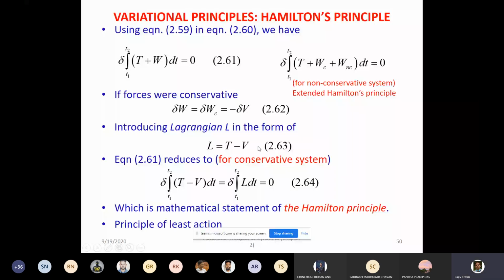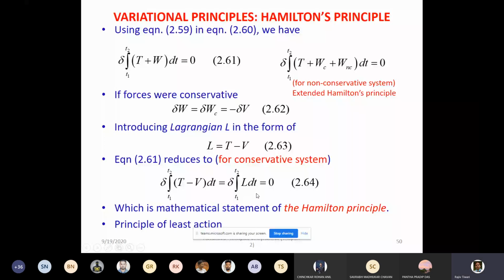Now, for a conservative system, what will happen? This equation will not contain the non-conservative work done. So we'll be left with T plus WC. WC is the variation of, as we know, the negative of the potential energy. So if you put that here, this equation for a conservative system will be the integral of variation of T minus V dt. And T minus V we have defined as the Lagrangian L. So we'll write the variation of the integral of L dt is equal to 0. So this is the Hamilton principle. This is a mathematical statement of the Hamilton principle,